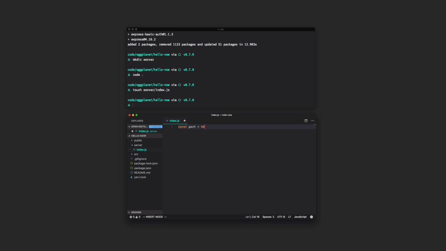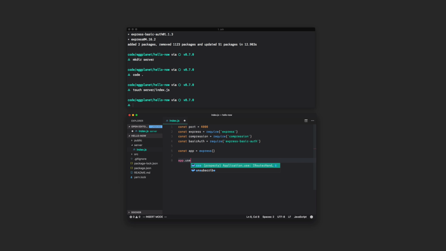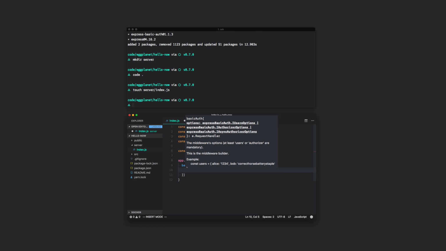First, we'll define the port for our server to listen on. Then we'll require those 3 dependencies from earlier and assign them variables. Next, we'll create a new Express app. We'll set up that new Express app to use 3 middlewares: a basic auth middleware,